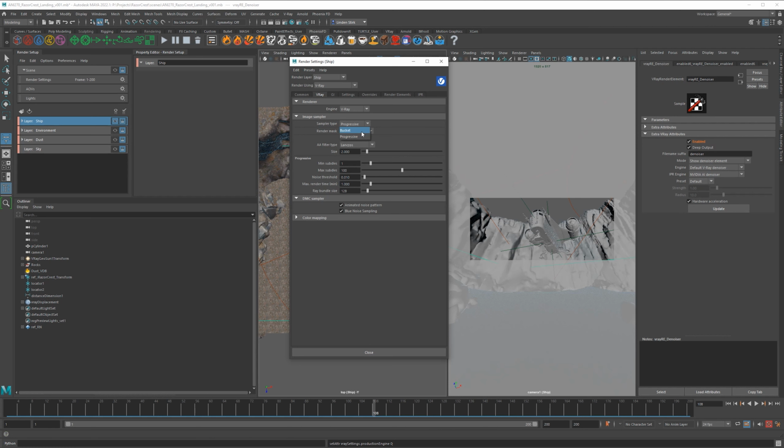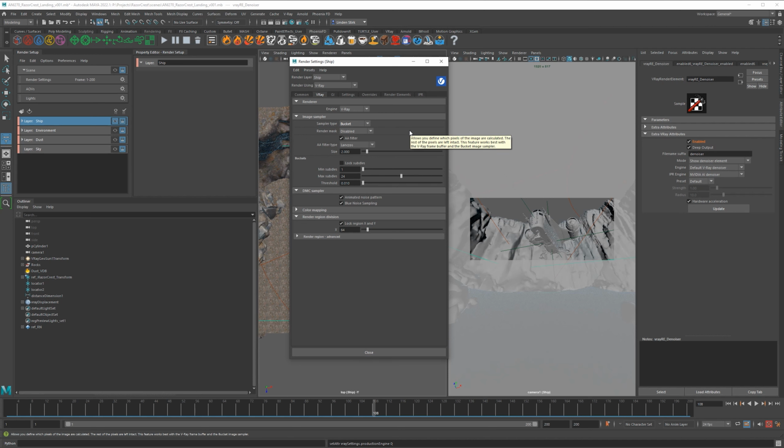Bucket rendering is going to take a lot longer. If you do want to use Bucket though, let's say you want to render on 2 computers at the same time and they're completely different computers. Like one is a laptop, which is nowhere near as good, and the other one is a super high-end computer that's blazing fast. Well, Progressive is going to give you different qualities on both of those usually. So Bucket makes sure that they're the same quality, but if you want to increase your speed, you would increase the threshold. You would say something like 0.05 or 0.075 or something like that. The higher this number, the grainier your image is.